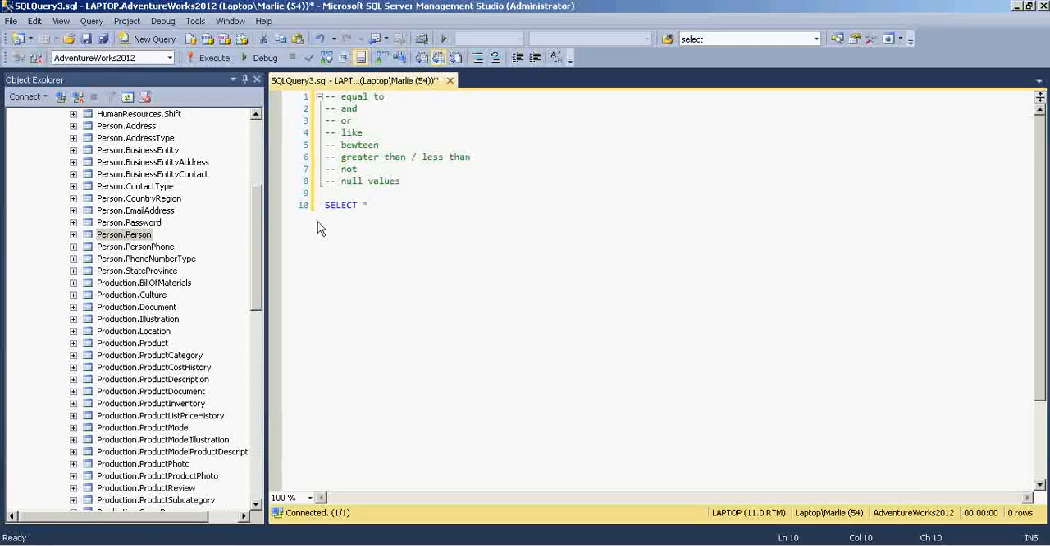So like I said, the first thing is you're going to say select star. Star means everything. It's basically the wild card. Next word is going to be